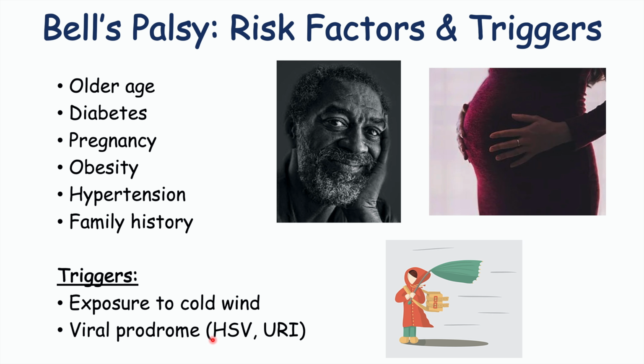So some of the viral prodrome can be from HSV or herpes simplex virus, which would be a cold sore on the lip. And then another one would be upper respiratory tract infections. This has also been associated with onset of Bell's palsy after the upper respiratory tract infection has occurred. This also ties in with that possibility that there is a viral cause. And this also is something that is tied in with the fact that Bell's palsy is more common in winter months than it is in summer months. So all of these facts increase the likelihood that there is a viral cause that is underlying the onset of